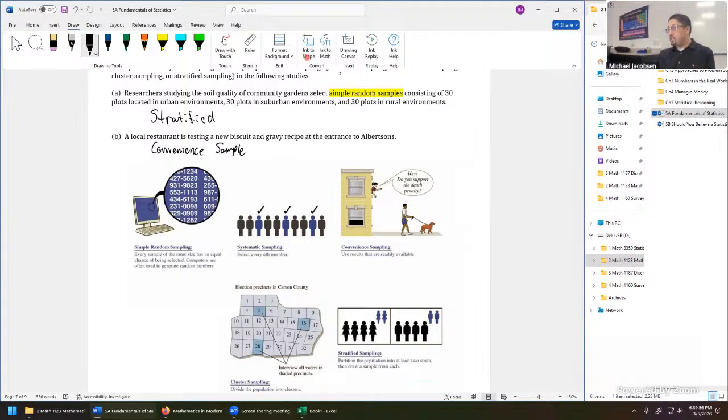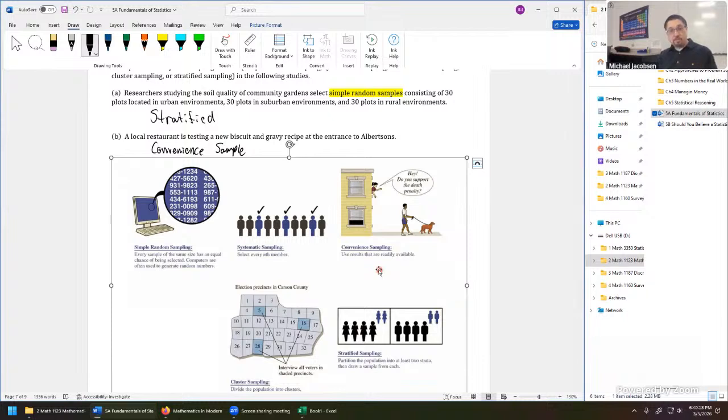This restaurant is possibly right next to the entrance of Albertsons. That's why they did it. They didn't have to drive too far, and they just got the data that was immediately available to them. Even though it might have been better if this restaurant wanted to do a different kind of strategy. Here is